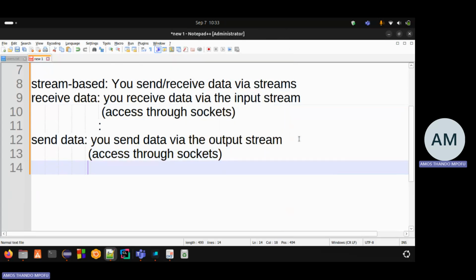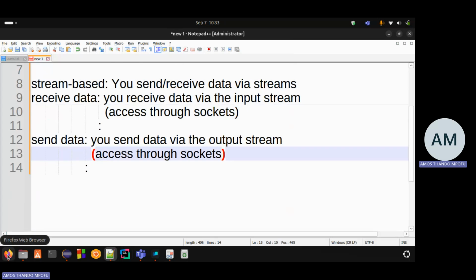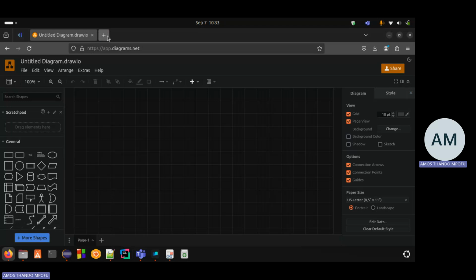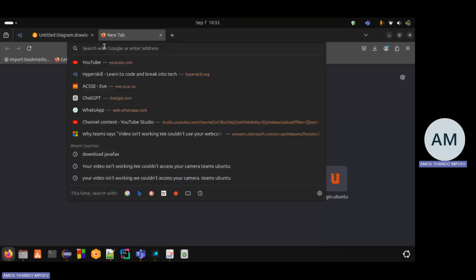Here you do the same thing, access through sockets, because each device has a socket interface. It's actually called a socket interface. Each device has a socket interface which defines how it receives data from another computer and how it sends data to the other computer. So basically, everything is communicated via sockets. And remember what I told you about sockets. On each endpoint or each device, it's like a cup. When one device is sending, the other one is listening. So it's like a cup